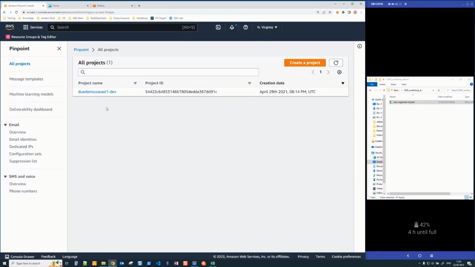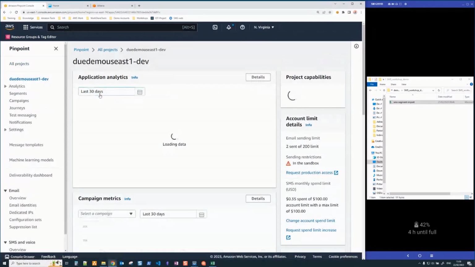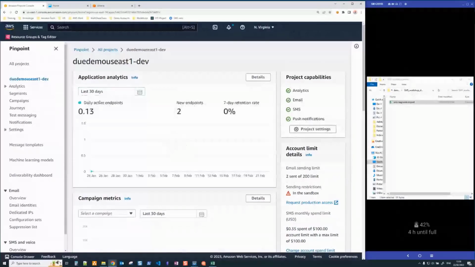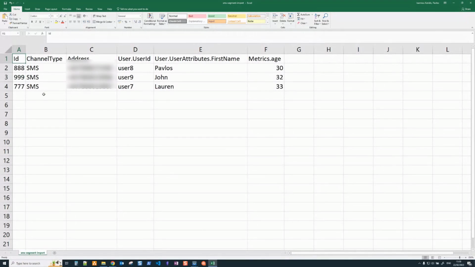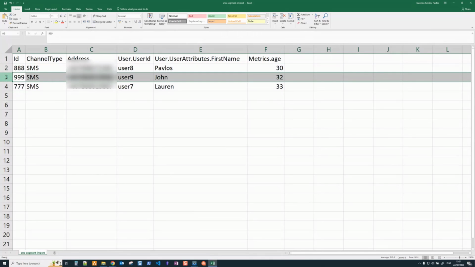So let's go ahead, and before we proceed into creating a campaign and engaging with our customers via SMS, let's get this customer data imported. So I have already opened the CSV, and here what we can see is we have three what we call endpoints.